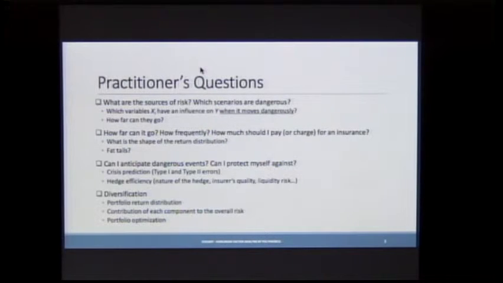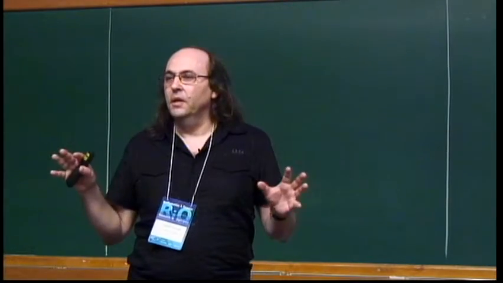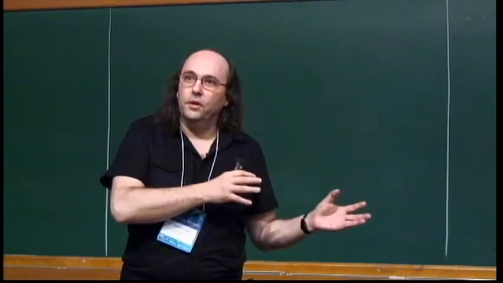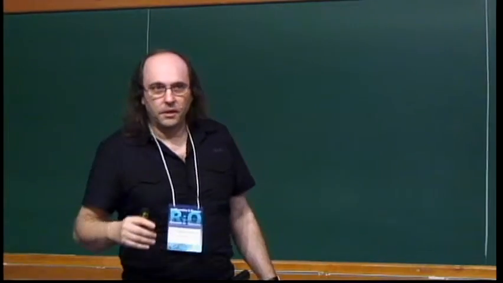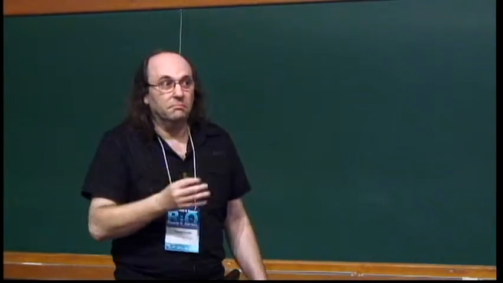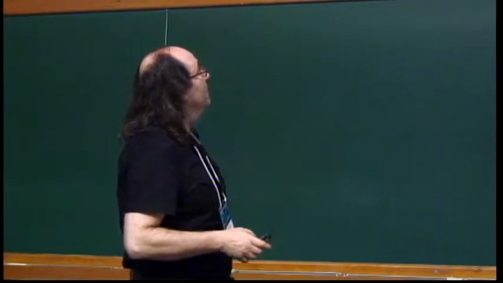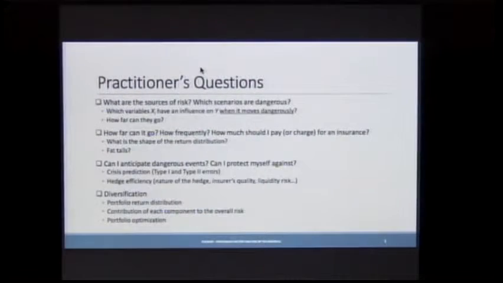So you want to know, what is the influence of a given variable on your asset only on the extremes. So you want to have, in some sense, the asymptotic behavior. What is the impact of every single point in the S&P, provided it moves more than 5–10%. And below that, doesn't matter. Second thing, so how far can it go? How frequently?